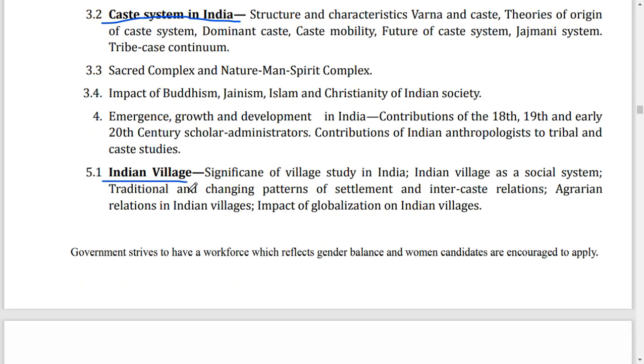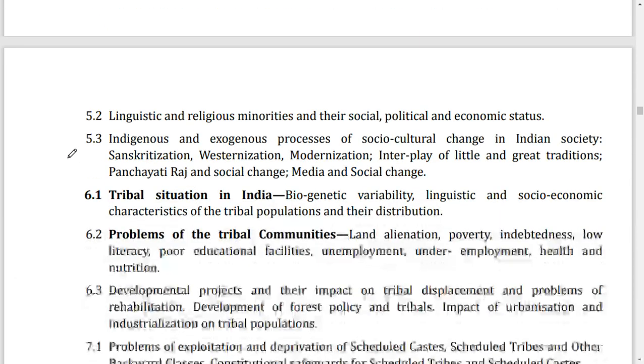5.1 Indian village: significance of village study in India, Indian village as a social system, traditional and changing patterns of settlement and inter-caste relations, agrarian relations in Indian villages, impact of globalization on Indian villages. Linguistic and religious minorities and their social, political and economic status. Indigenous and exogenous processes of socio-cultural change in Indian society: Sanskritization,